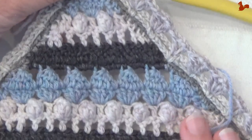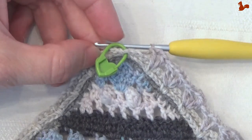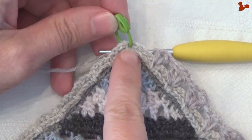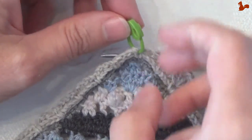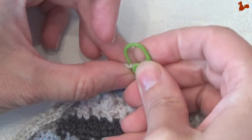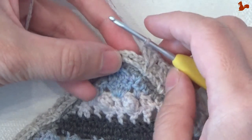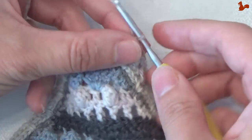Now right at the top of this first square, and you've done that repeat 8 times, and here in the marked stitch, that's now the corner stitch. That's the next stitch that you have to work. I'm just going to remove that marker. Then in the corner we're going to work a series of trebles and chain 2s. But first a chain 1,